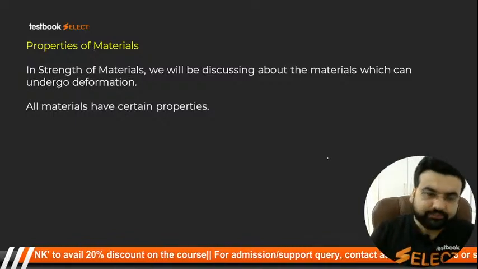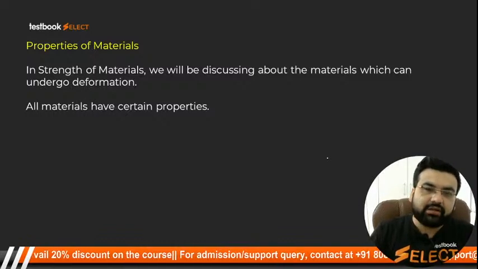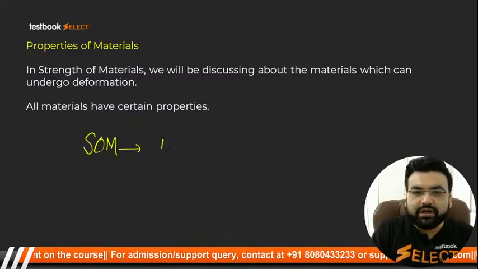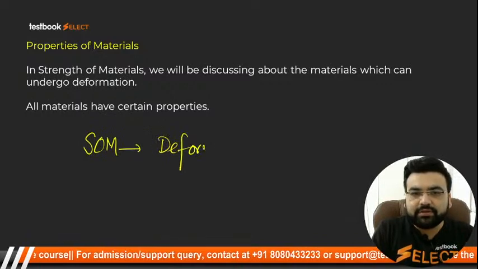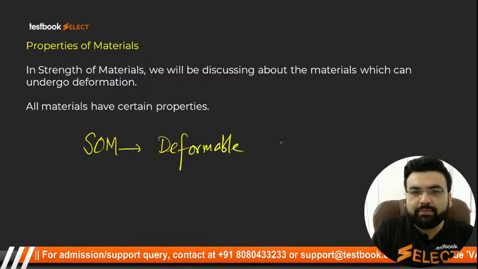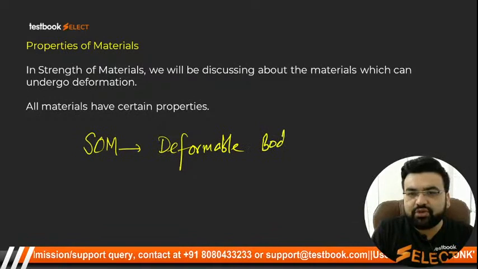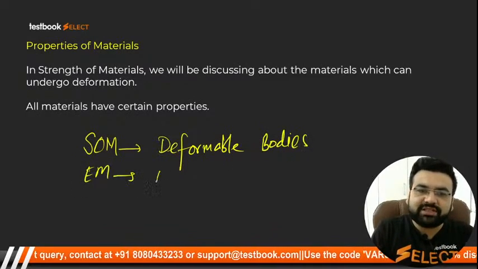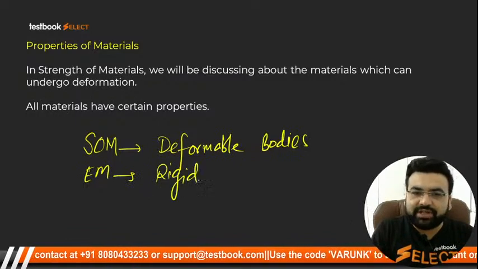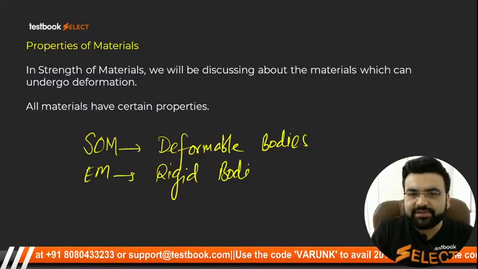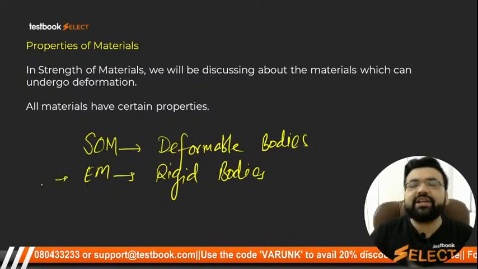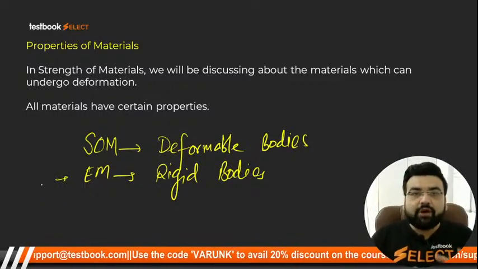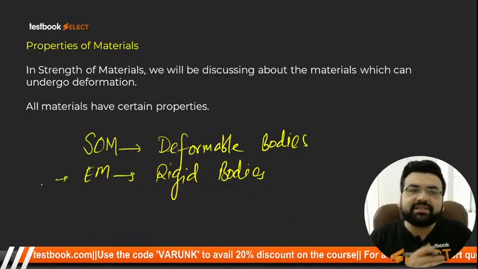So students, in strength of material, whatever we are dealing with, we are going to deal with the deformable bodies. Deformable bodies, the bodies which can actually deform. And in engineering mechanics, we discuss the rigid bodies. Rigid bodies. Clear? Which cannot deform at all. What is the meaning of deformation? I will just let you know that okay, deformation का मतलब क्या है,